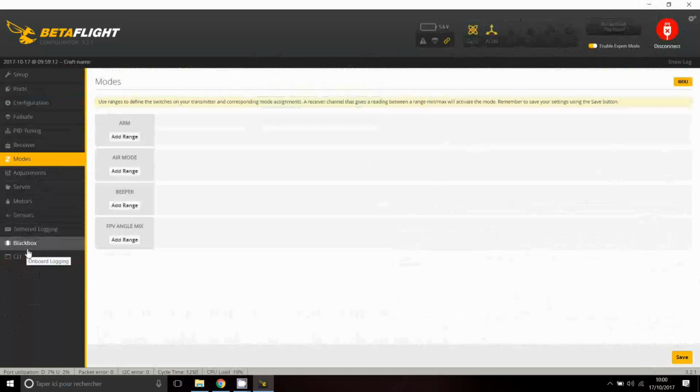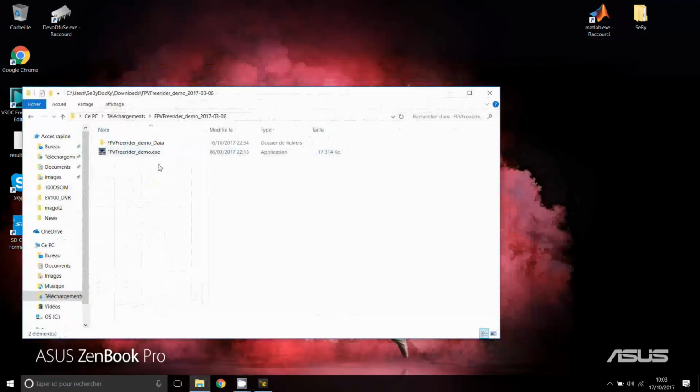So what I want to show you is how easy it is also to configure and to transform your machine into a wireless remote to enjoy a flight simulator. Okay, so first thing, you will have to download the FreeRider demo if you want, and then first plug your quadcopter into USB and quickly turn on the radio, okay, to bind them together. When you are on USB, it's a little bit annoying, but the transmitter is vibrating every 2 seconds. So to activate the wireless remote mode, you will have to long-press the bottom left button,